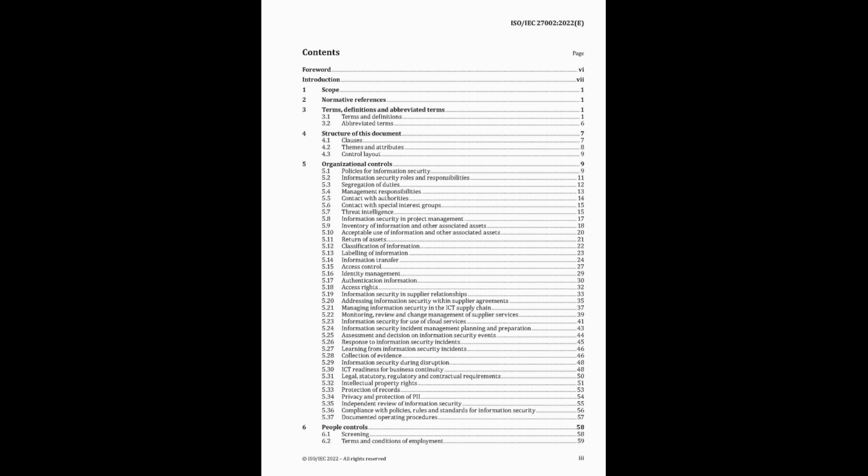Then 5.25 is assessment and decision on information security events. Is this flicker of smoke actually a fire? Good analogy. Assess security events and decide if they are actual incidents. Purpose. Effective categorization and prioritization. Need an agreed scheme for that, based on consequences and priority? Yes. A point of contact assesses events using the scheme. Responsible personnel do the assessment and document the results. So you don't overreact to minor events, but escalate genuine incidents properly.